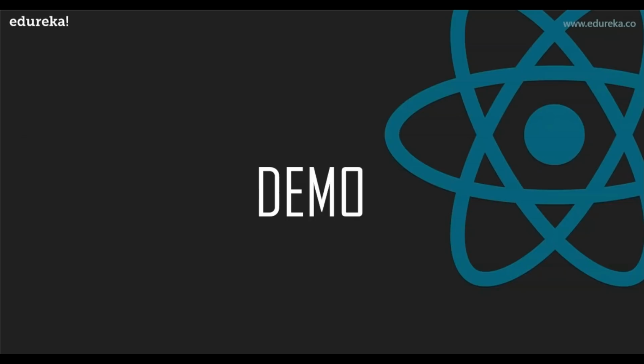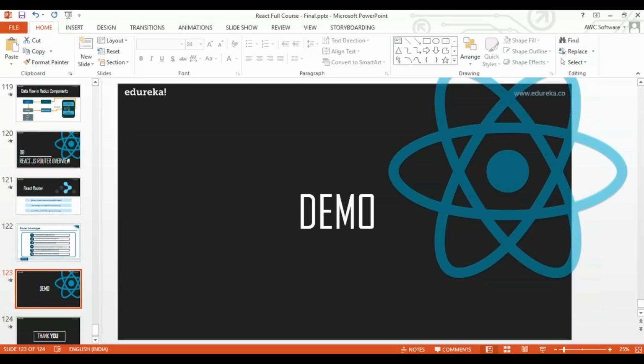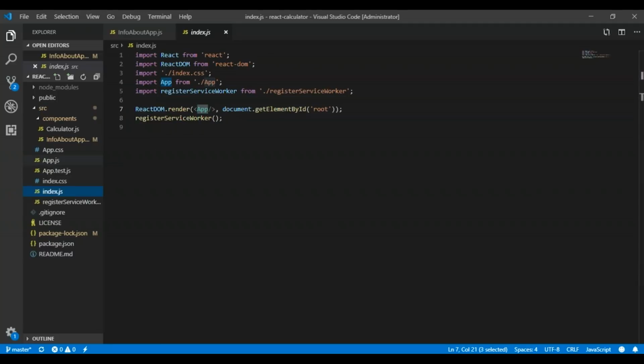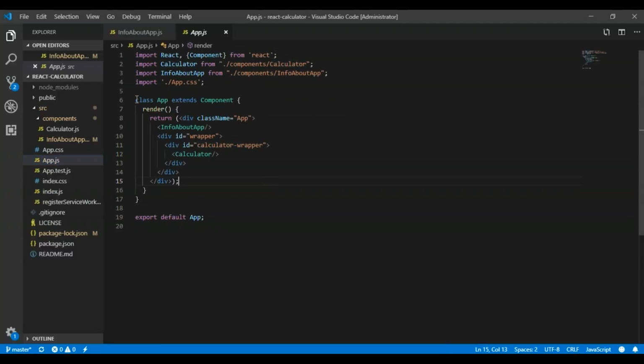So I will show you a demo very quickly of how you can create a calculator kind of application in React.js. So in this application, we already know that we have to call React DOM.render and app will be my root component. So let's go to app.js. In this app.js, you can see that I have made this code very simple.